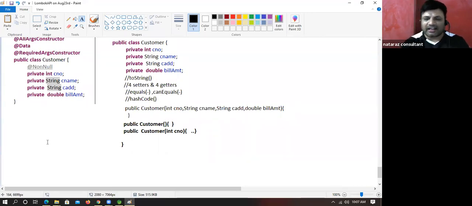@Getter(lazy) is not there, boss. I didn't find that annotation. Where to mention this in the resume? Don't mention it in the skill set. Mention it in the project environment. When you write a project, you will write various technologies about the environment. So there you write Lombok API. Yes, Spring is at 11:30 only.